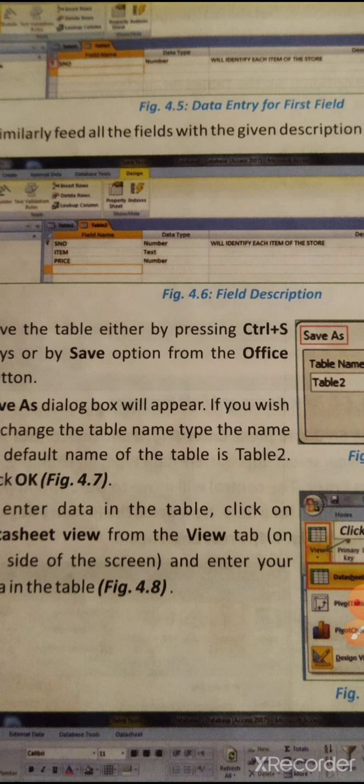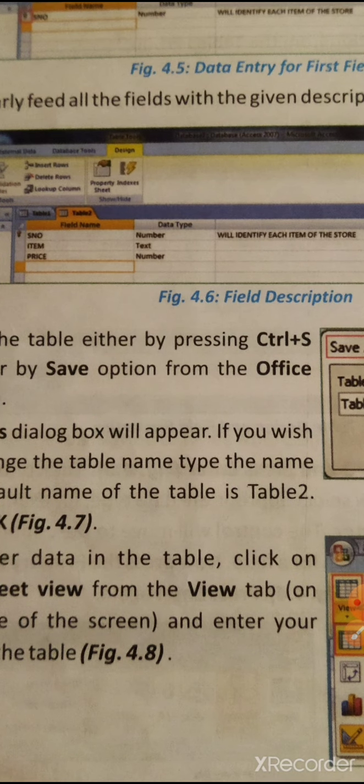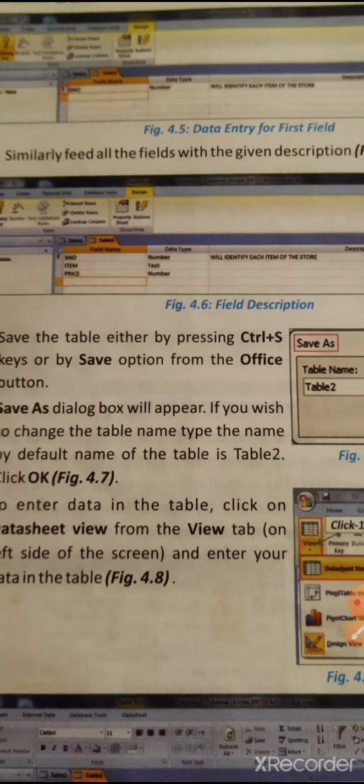Then item. Here the second field name is item. Basically this table is based on some product. So it is an item name, that's why it is text. For example pencil, pen, these are all items. So here the data type should be text. Next one is price, the price of the item. If we enter the price of the item as 50 or 100, then this is also a number data type. So here the data type should be number. So here I have entered number as the data type of price.